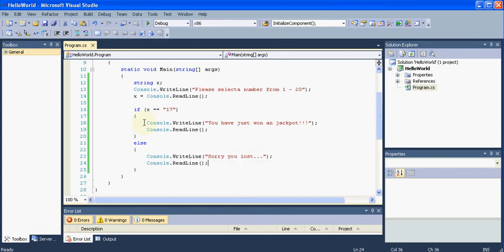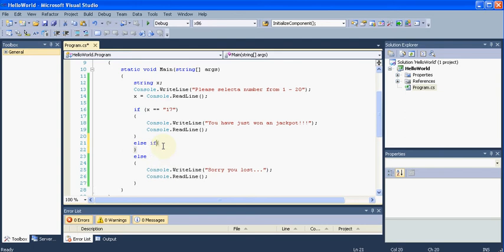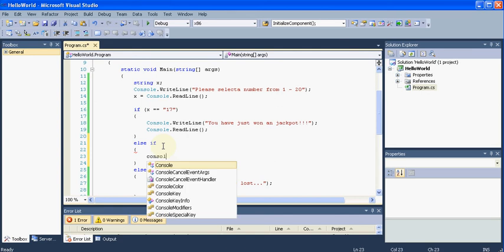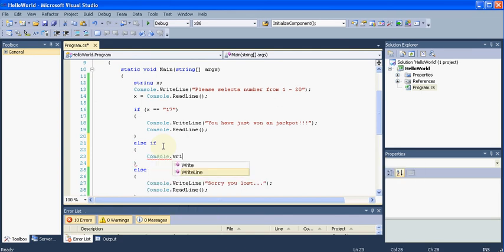This is for one or two options, and if you have more than two options, we will simply add else if statements. We will go on adding else if statements. Here I can write Console.WriteLine, else if my x is equal to 2. I will write here, if my x is equal to 1,